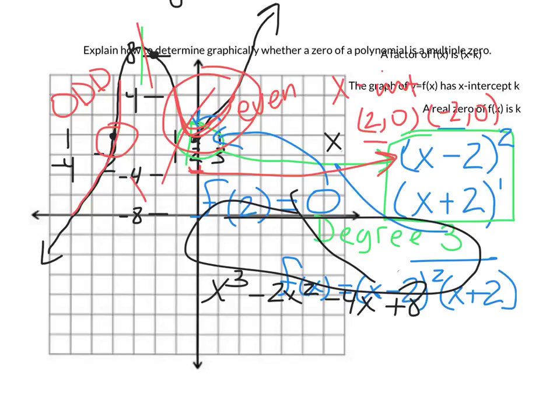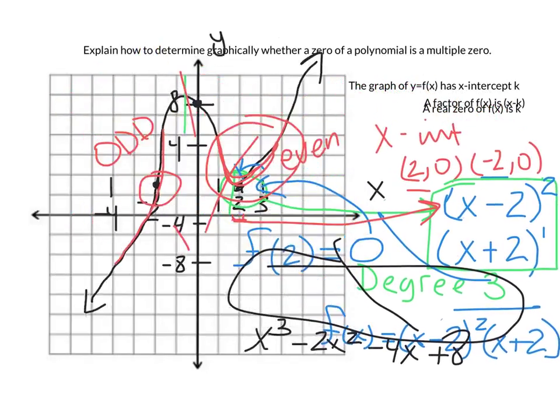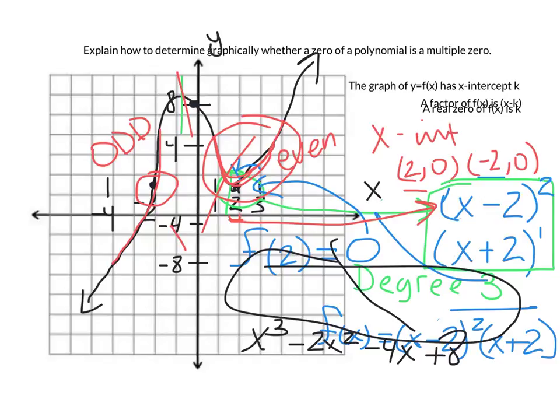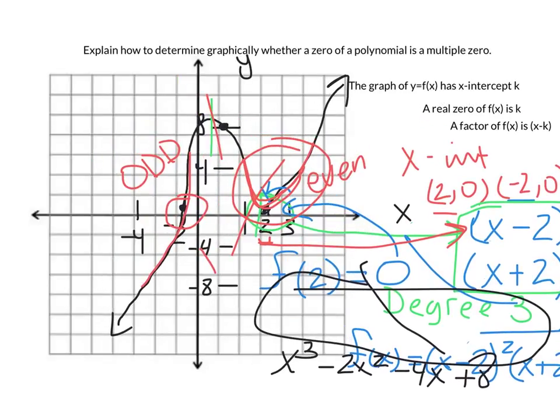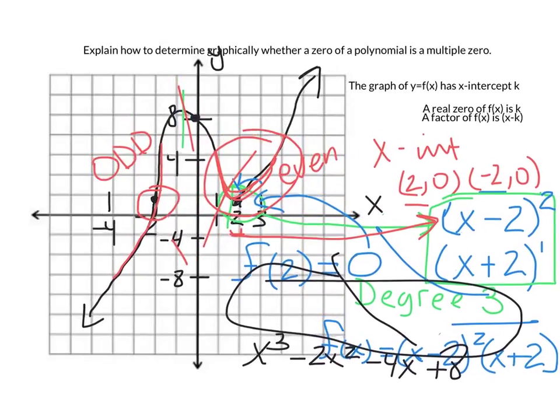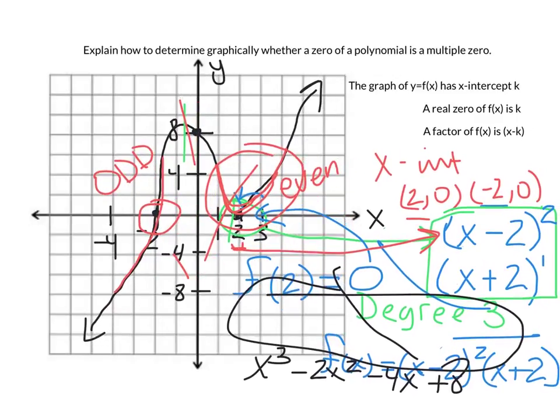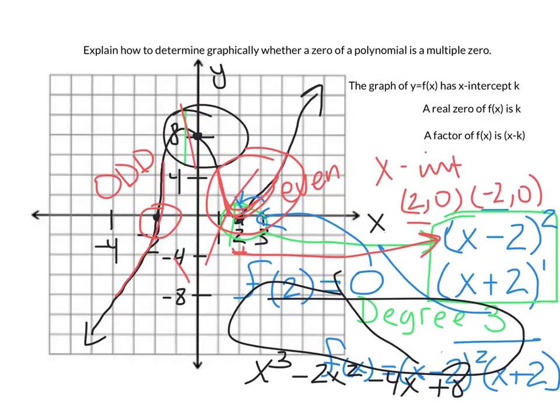Yes, plus 8. And if you notice, well, I moved it, but if I move it back, remember that that 8 is our y-intercept. All right, so we can take all of that and feed it to our hungry little